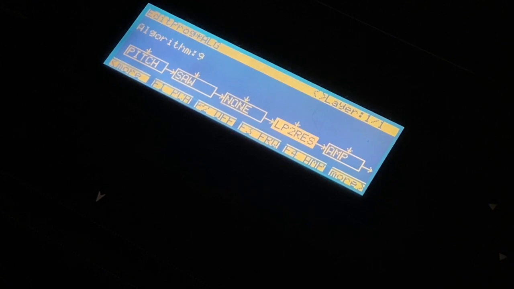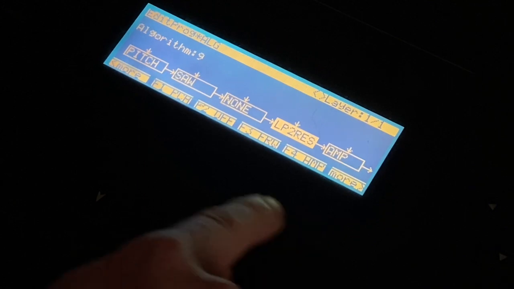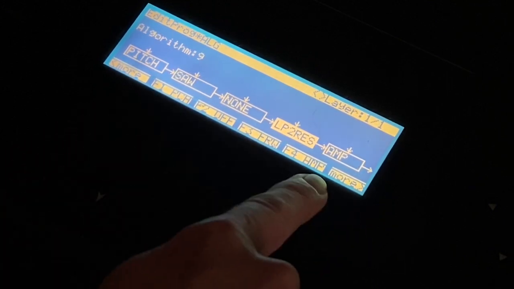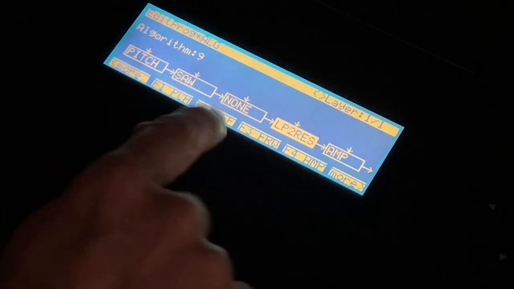There are other types of resonant filters on the K2500, but this one has a set resonance setting, and you can adjust the filter but not the resonance. But for what we're doing, it's absolutely fine. So if we press more a couple of times, then we get to these function boxes that we can see here,